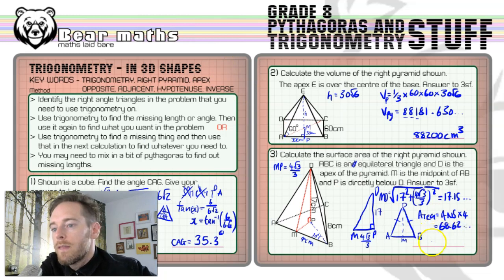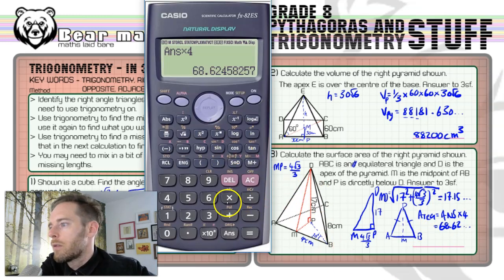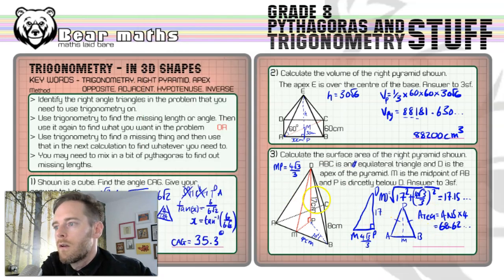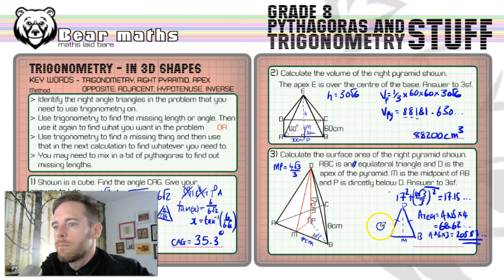68.62, and then there are 3 of those exact same triangles, so we just need to multiply that by 3. Okay, and that equals 205.87. So let's do answer times 3, 205.87 centimeters. Fine. Right, let me get rid of the rest of that and then show you what you need to do